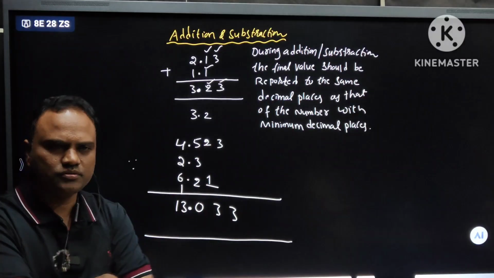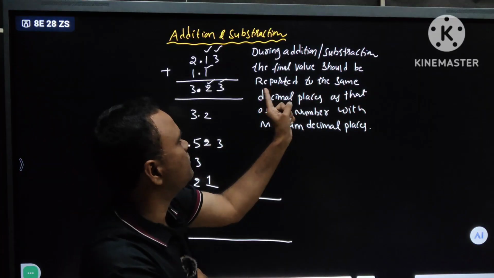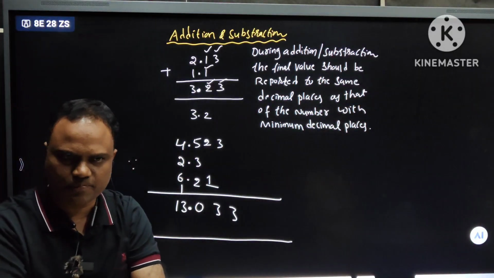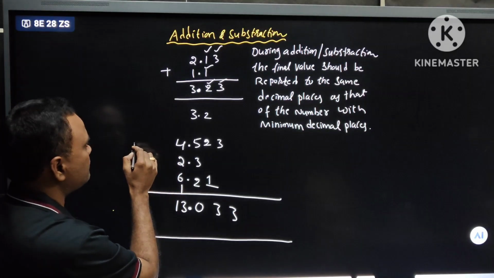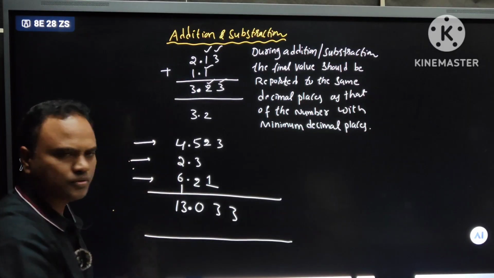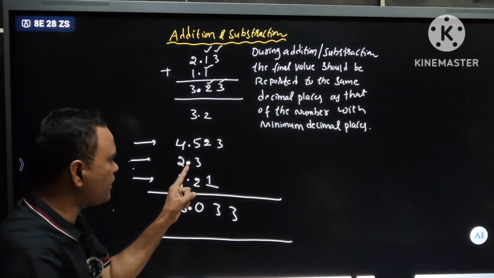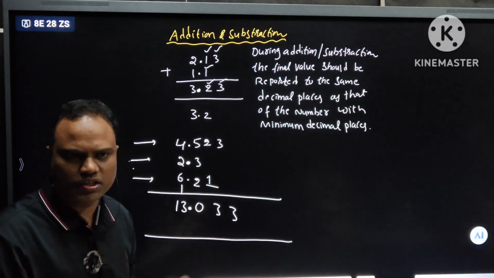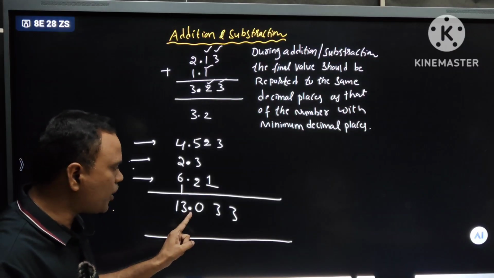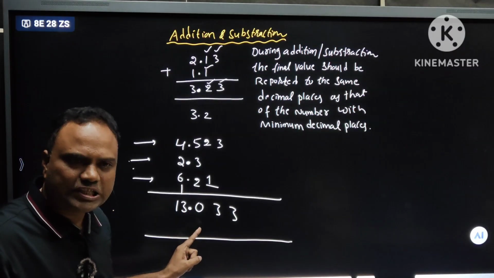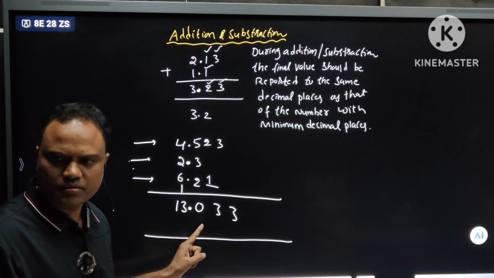First, second, third. What is the rule? During addition or subtraction, the final value should be reported to the same decimal places as that of the number with the minimum decimal places. You have 3 numbers, 1, 2, 3. Which number is having minimum decimal places? Second number, right? After a point, how many decimal places you have? 1 decimal place, right? So this also should be reported like that only. So after a point, how many decimal places you have to keep? 1. This one. So you have to remove